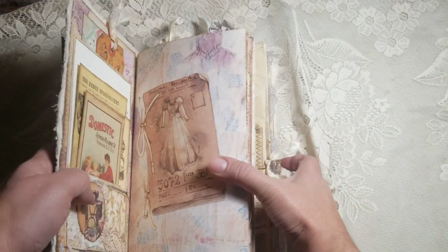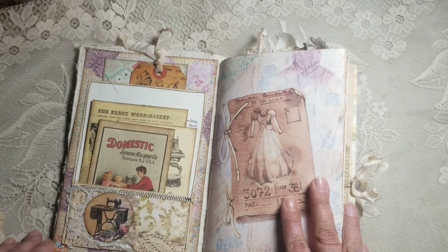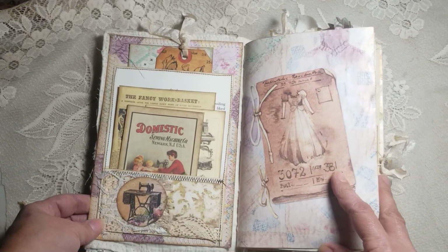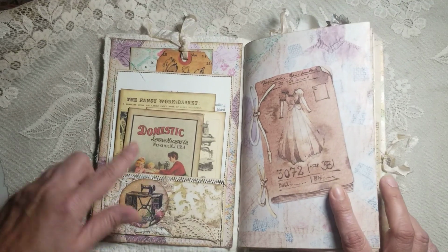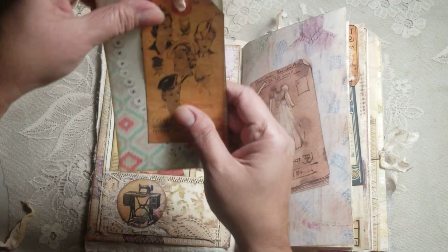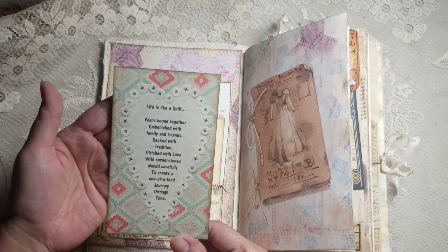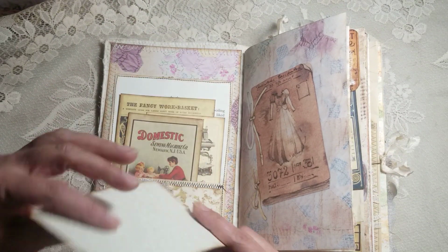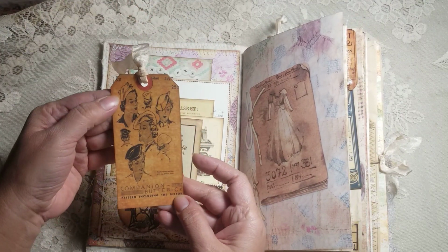So I'll show you as I go, but most of the ephemera that's in here belongs to Taylormadejournals. So here again, it's my first pocket. This one here came with the kit. So it's a little poem in there. So that just sticks back there. And then I have this,